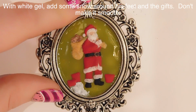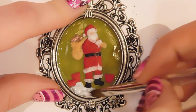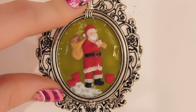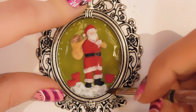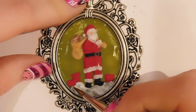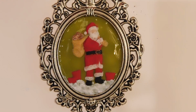So now I'm going to be using some white builder gel, and with my gel brush, I'm just going to be laying that on around his feet and around the gifts. And I do not want this to look smooth. I don't want it to be all pristine and glassy looking. I want to have kind of a rough and tumble texture. I don't know if I've ever said that particular phrasing of anything before in my life. I don't think it makes sense either. Anyways,